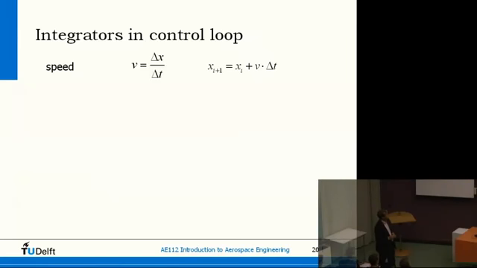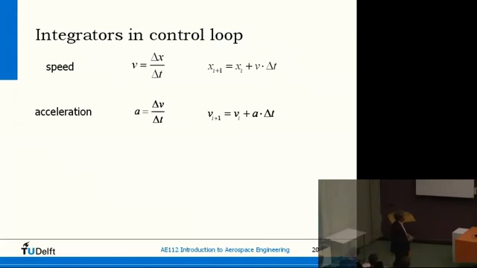This is just basically the line that goes into the little program. And the same you can do with the acceleration to get the new speed. And these two are referred to as integrators, because if you go from position to speed, you differentiate by the time. And if you go from speed to acceleration, you differentiate again. But if you go in the other direction, we call it that you integrate. So these are called integrators,